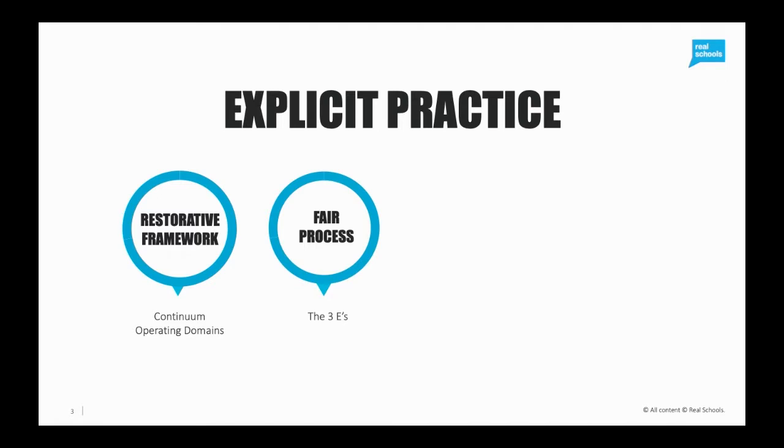What we know about people, as quite an intrinsically built-in function, is that we will actually cop an unfair outcome if it's felt that we got there a fair way. If we feel that the outcome is unfair and it was decided arbitrarily without me being involved, then I'm not going to learn from it. I'm going to plot revenge, and I'm going to take umbrage against the people who administered that outcome to me. So it's really important we get clear about fairness. We also want to get clear about the function of the restorative questions.